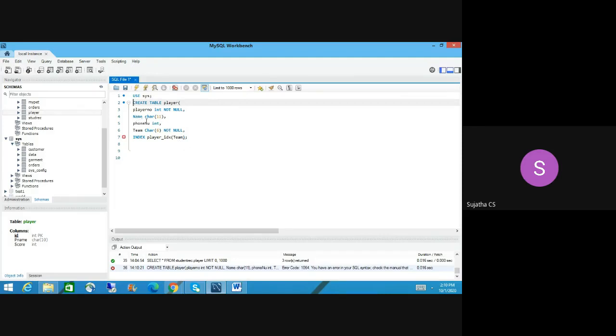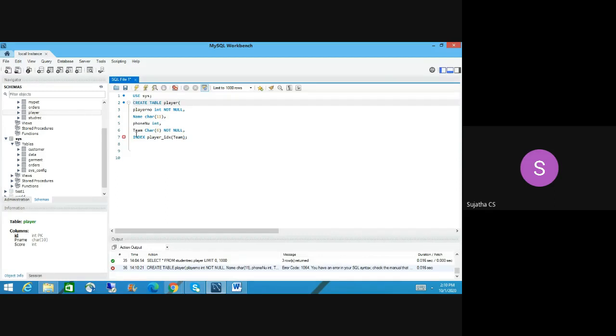Name equal to 11, that is fine. Integer. Character, how do you declare? This is fine, right? What is wrong here?